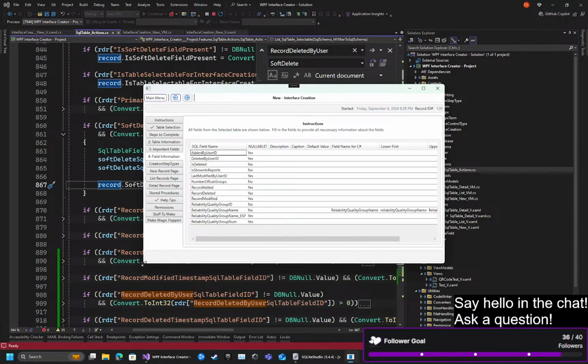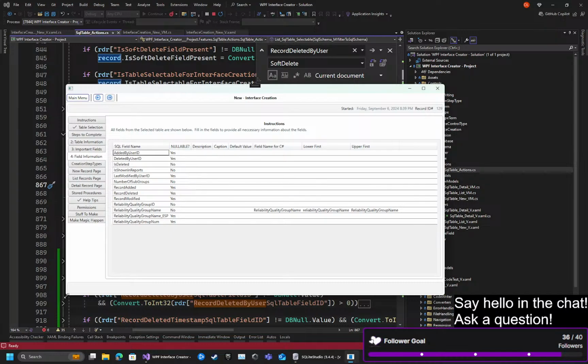Now we have field information, which we basically have to assign field names for C# that aren't going to violate anything. And I'm not sure the rules for renaming stuff to C# from SQL, but I think for now,